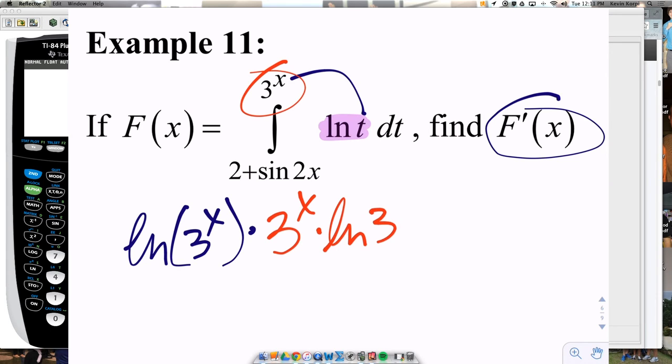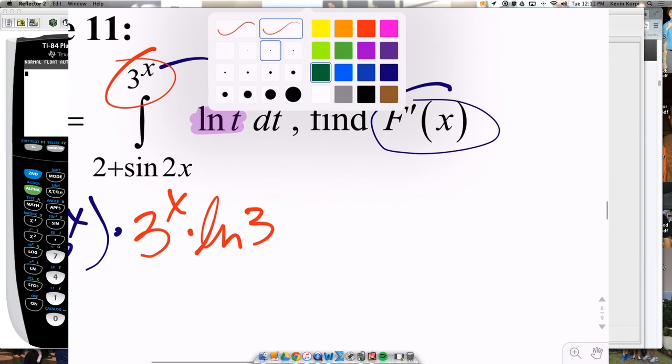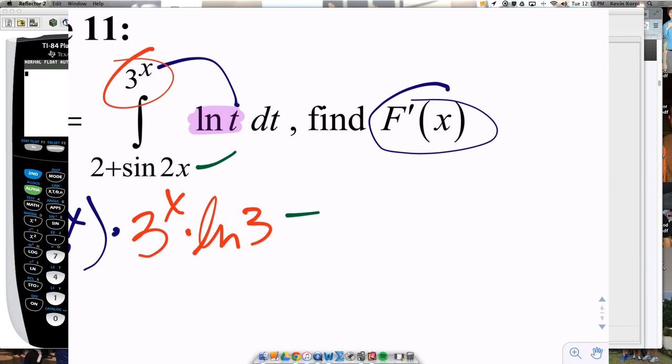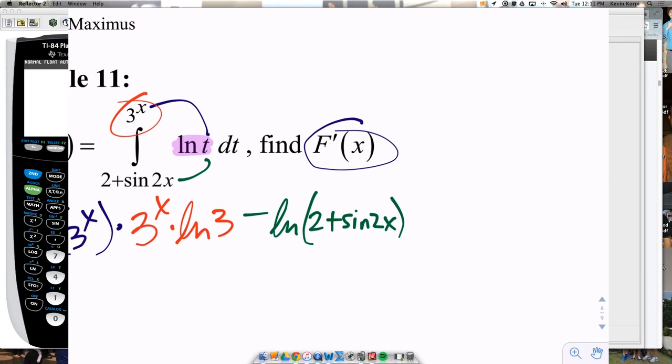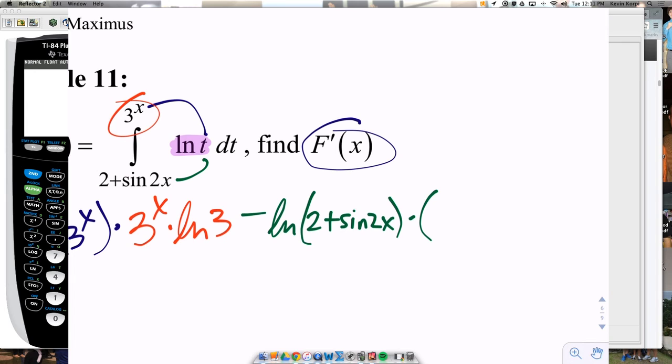These questions are wonderful opportunities for me to quiz you and review you on your derivative rules. Nice. So you plug in the top and then minus, you do the same thing on the bottom. The natural log of parentheses, 2 plus sine of 2x. And then times the derivative of 2 plus sine of 2x, which I saw a lot of you are writing the 0. That's good for accounting purposes. Plus